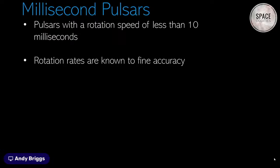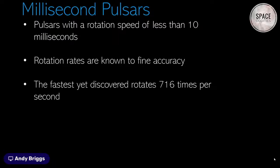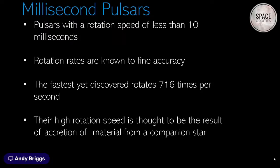In terms of timing, they rival the most accurate atomic clocks that we have. The fastest spinning millisecond pulsar yet discovered rotates at an amazing 716 times per second. And they're thought to spin at that speed because they've been accumulating material from a companion star, which has the effect of speeding up their rotation. But the important thing here is they are incredibly accurate